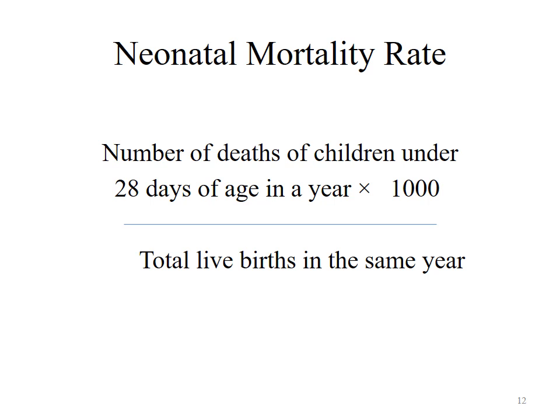Neonatal mortality rate is the number of children dying within 28 days of life, or 4 weeks of life, within a year in a given area, multiplied by 1000 and divided by the total number of live births in the same year in the same area. This is again divided into early and late. Early means from 0 to 7 days, and late neonatal deaths means from after 7 days to within 28 days. So based on that, the total number of deaths multiplied by 1000 divided by total live births.